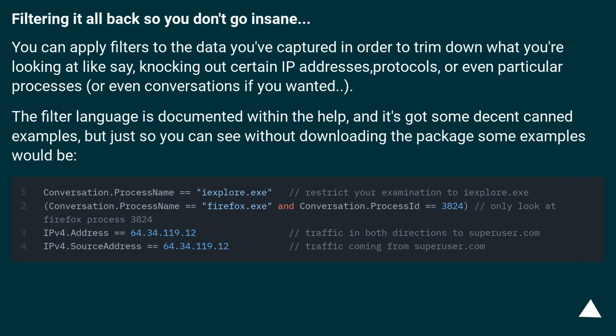Filtering it all back so you don't go insane. You can apply filters to the data you've captured in order to trim down what you're looking at, like say, knocking out certain IP addresses, protocols, or even particular processes, or even conversations if you wanted. The filter language is documented within the help, and it's got some decent canned examples, but just so you can see without downloading the package, some examples would be: